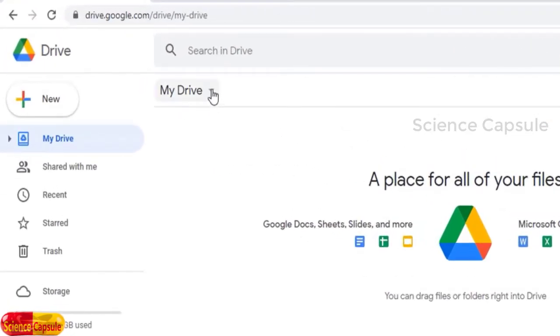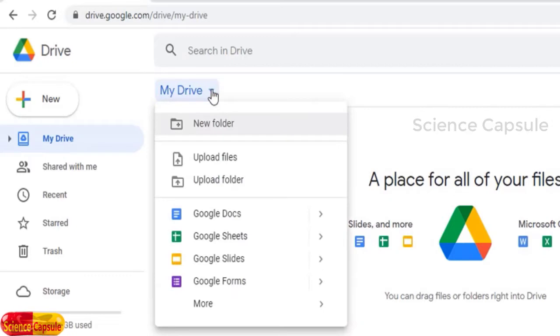When you click on My Drive, this is the drive where all your contents to be shared with your students will reside. So here are upload files, upload folder, Google Docs, Google Sheets, Google Slides, Google Forms, all various options. First we will see how to organize your own digital material. Later on we will see how the online tools of Google can be used.